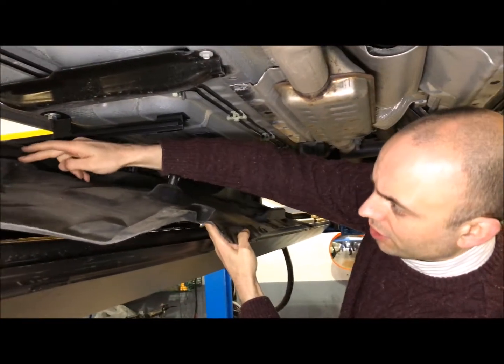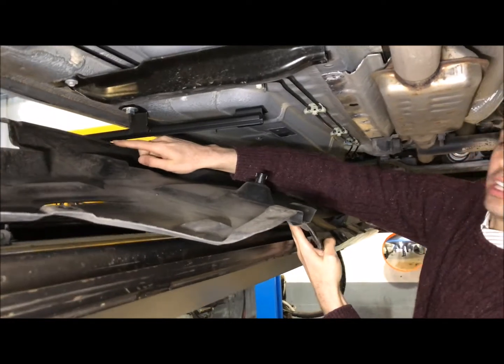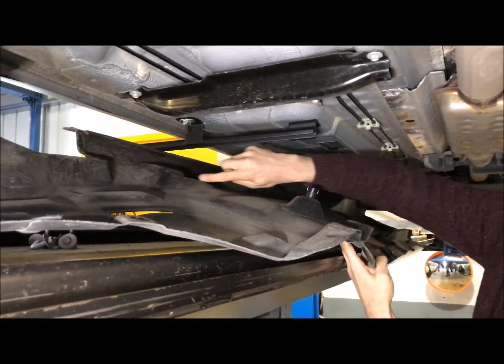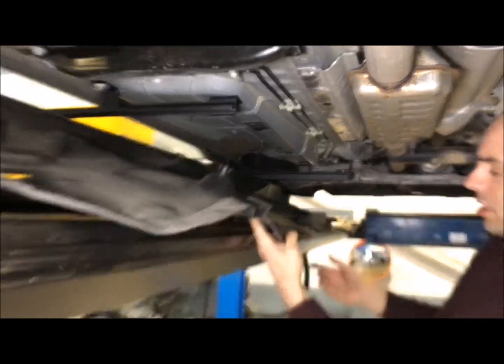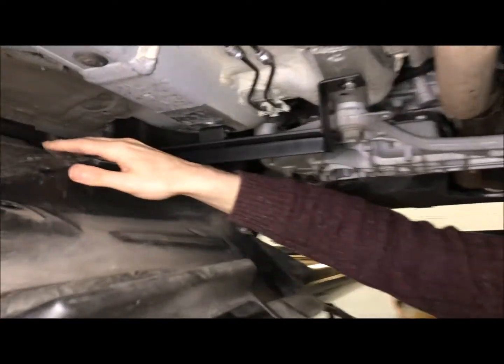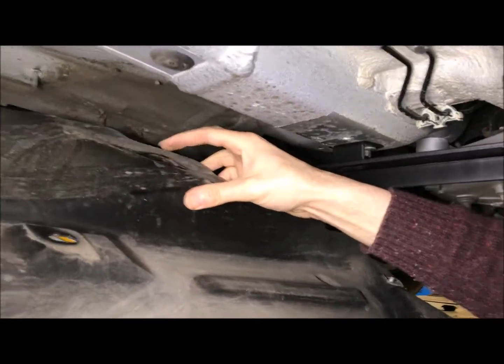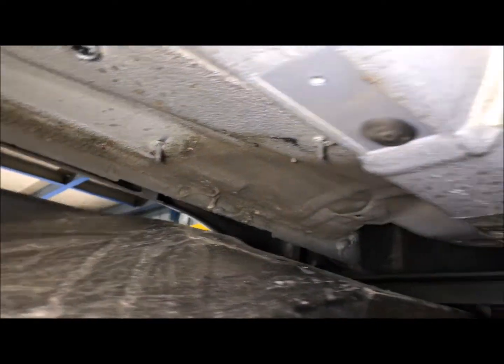Once you've lined these holes up, and you know where that's going to line up with that hole there, you can then get some masking tape or chalk and you can mark a hole and cut out there. And it's the same with the front bracket here. Once you know that that hole there is going to line up with this bolt that's sticking down, the existing bolt,